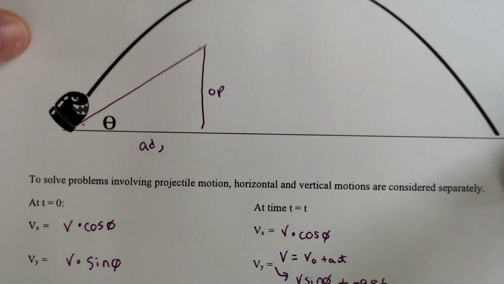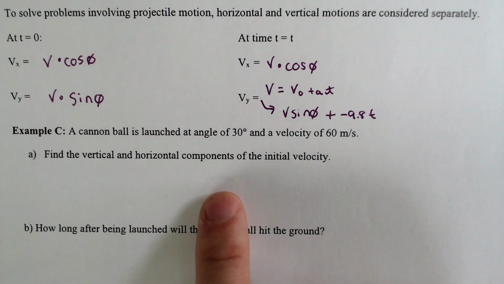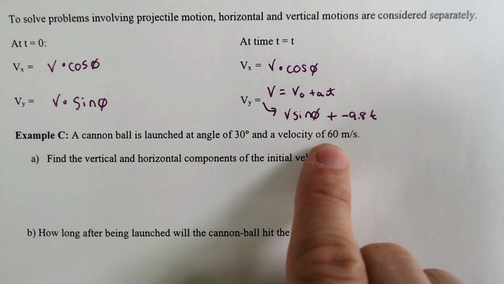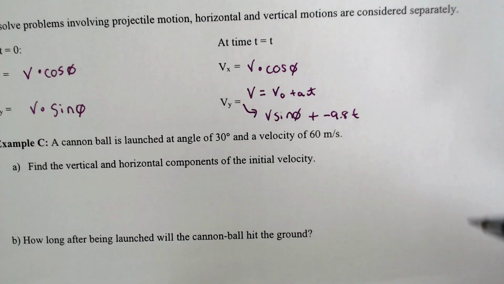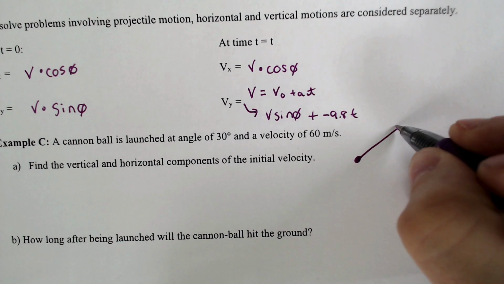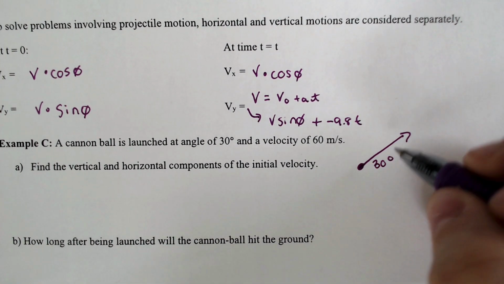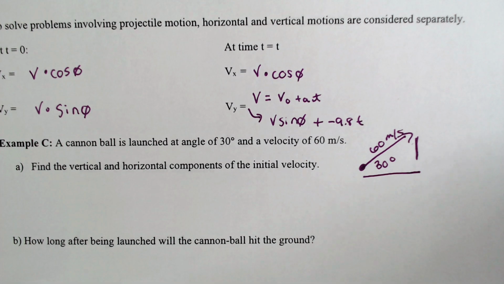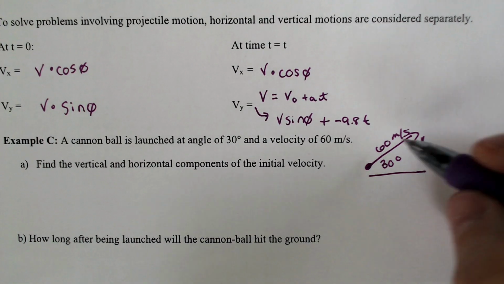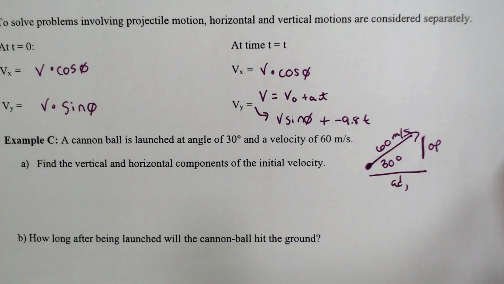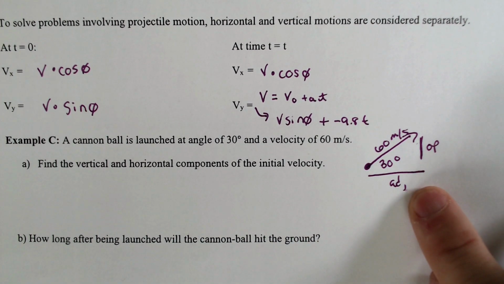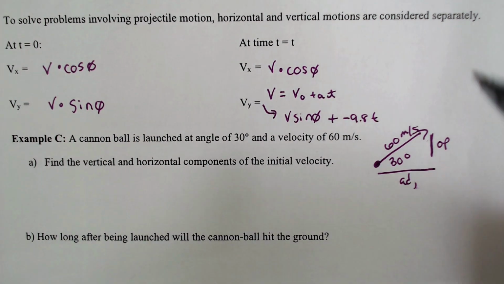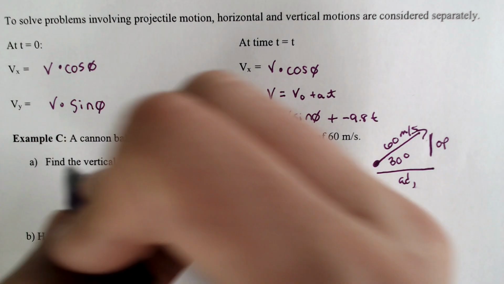Let's do an example. All right. Find the vertical and horizontal components of the initial velocity for a cannonball that is launched at 30 degrees and has a velocity of 60 meters per second. So what that means is that there's this cannonball being launched this way at 30 degrees, and that is 60 meters per second. We need to figure out the vertical and horizontal components just using basic SOHCAHTOA stuff. So opposite, adjacent, the horizontal component will be the adjacent and will involve cosine, and utilizing the formulas we just did up here, which is basically just doing SOHCAHTOA, with the hypotenuse on the bottom, you multiply,